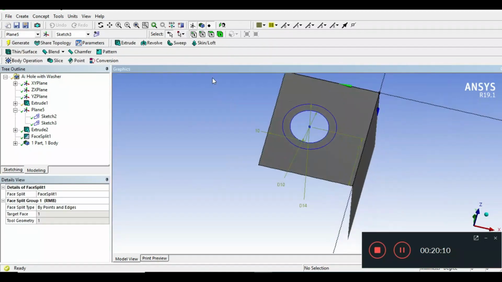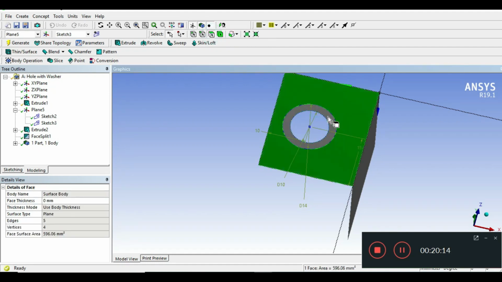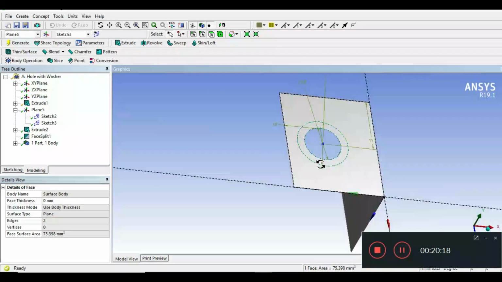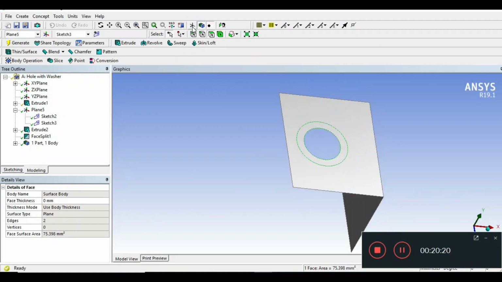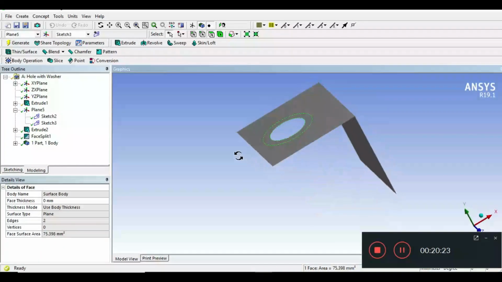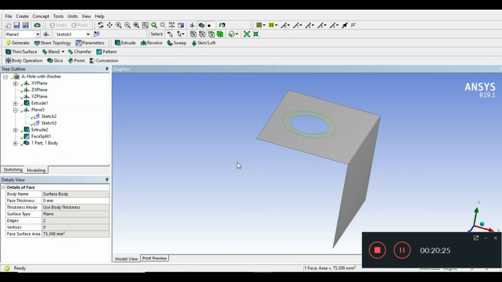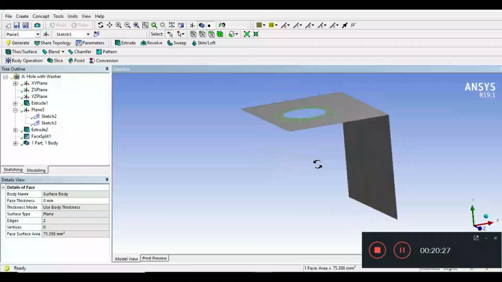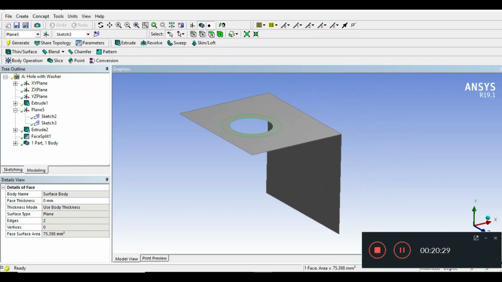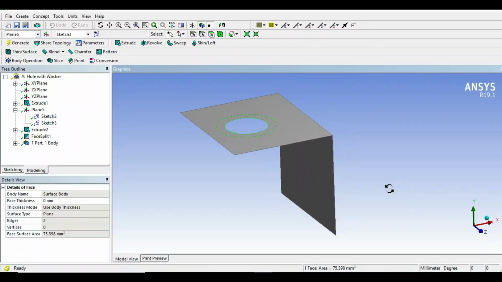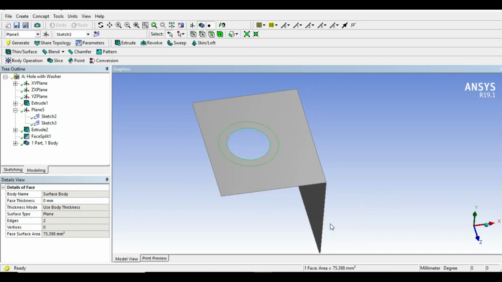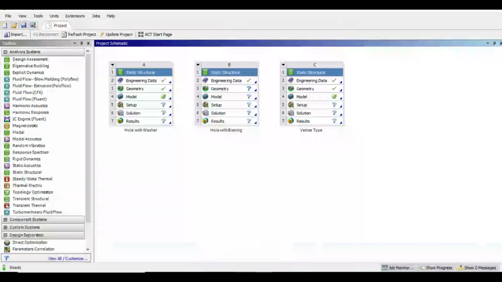So here you can see, click on the face selector and select these faces. So in this way we have split the surfaces, right? Click on this to hide the sketches. So in this way we have created geometry for how to use a washer around the circle.